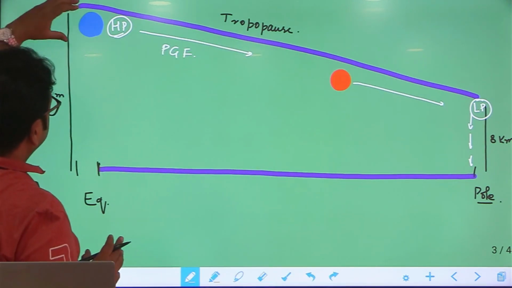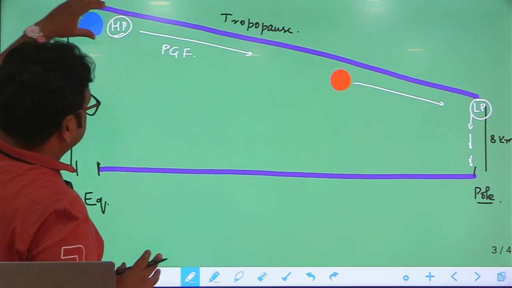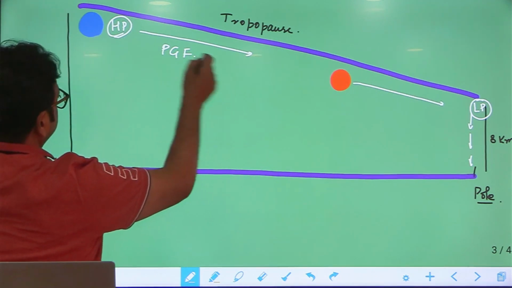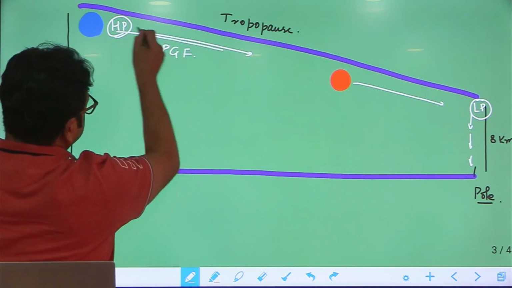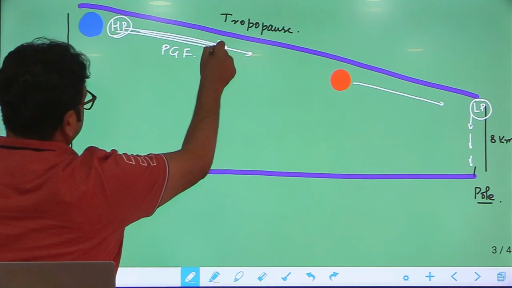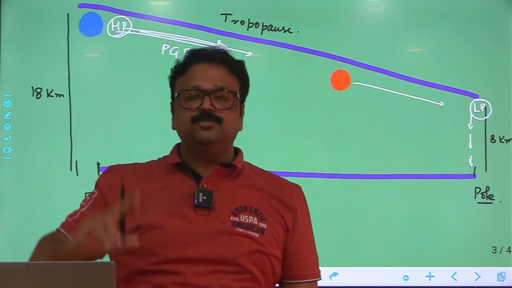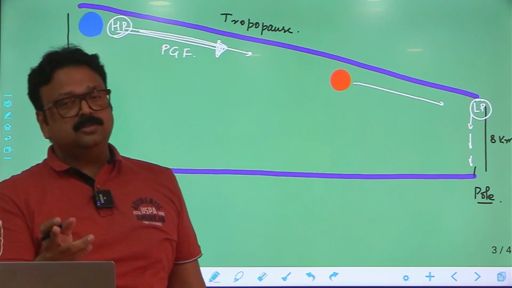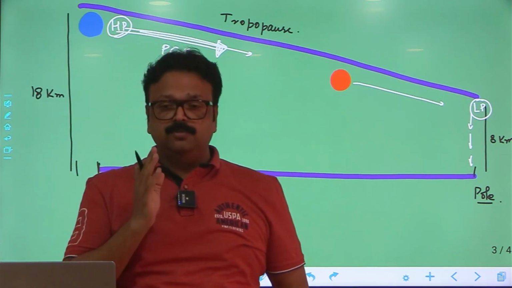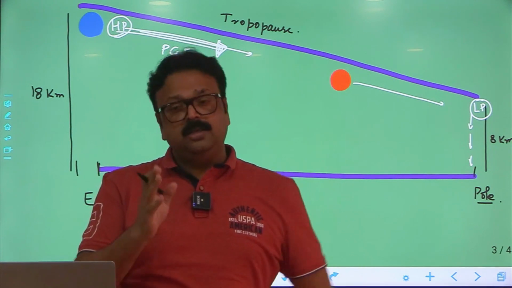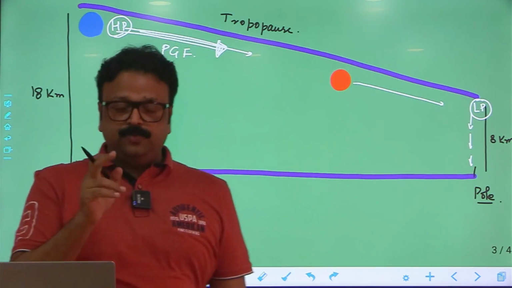This air mass starts moving from high pressure to low pressure, and they start moving like this. But can they move like this? The answer is no. Why? Because Uncle Ferrell will reach over there and say, no, no, no, this is not the way to move. In the Northern Hemisphere, if you move somewhere horizontally, there will be Coriolis force, the pseudo force,